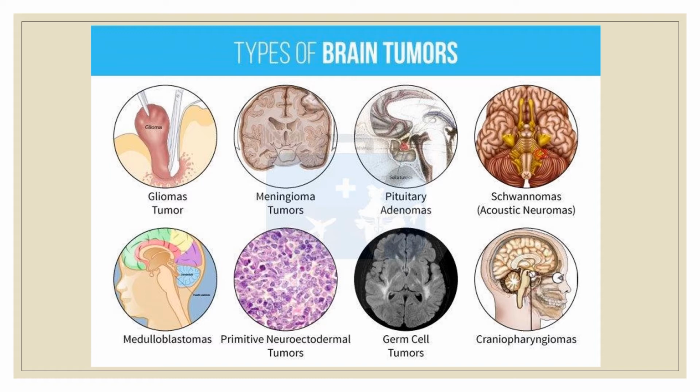Then there's the meningioma, from the meninges. It can be benign or malignant, but most are benign. Then there are pituitary adenomas. These are usually benign. Then there are the schwannomas, which are from cells that form the myelin sheath around the nerves. It often affects cranial nerve 8, and if you remember a little bit about cranial nerves, cranial nerve 8 affects hearing and equilibrium, so kind of balance. These tend to be benign or low grade.